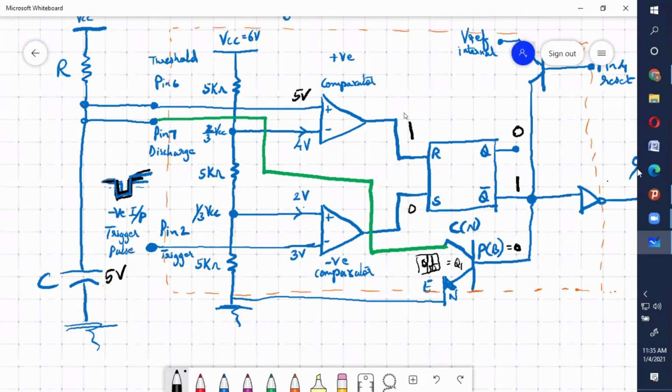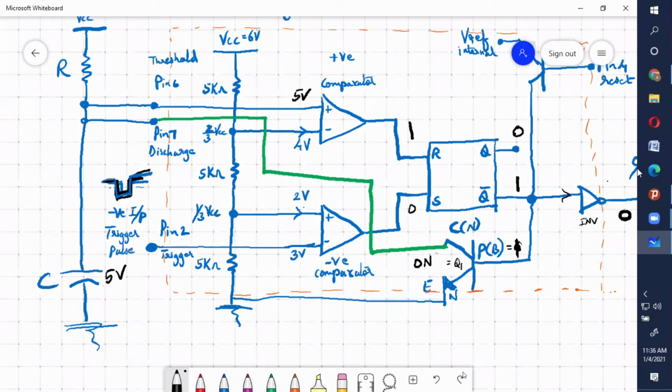So 1, when you are applying that one to your inverter, output is what? 0, right? Output of this inverter. If you are giving 1 here, output of your inverter is 0. Now this same one is also applied to your base. Once you apply this one to the base, transistor will go to which condition now? Previously it was off. Now what will happen? On condition.